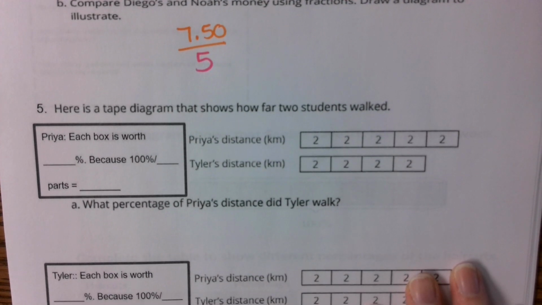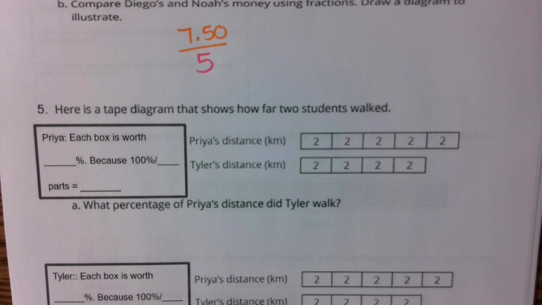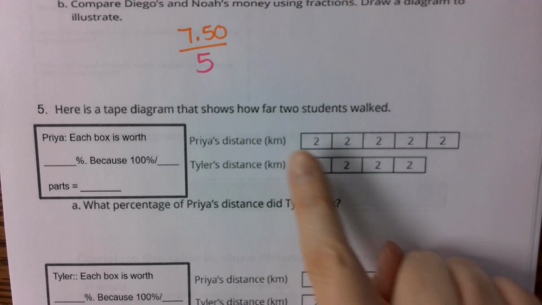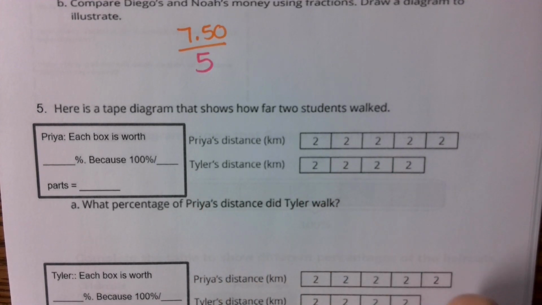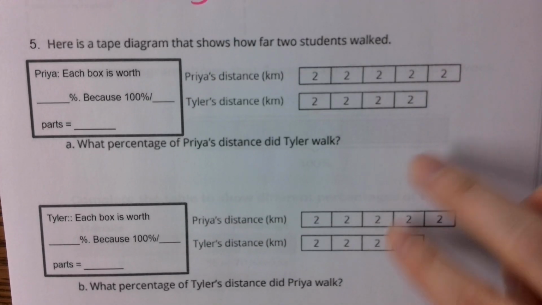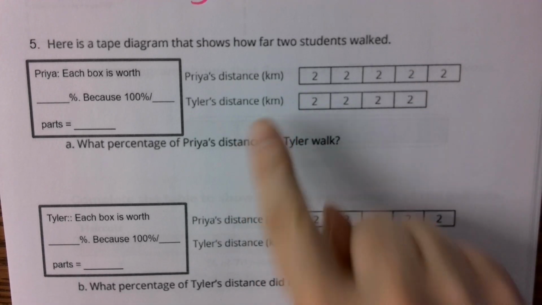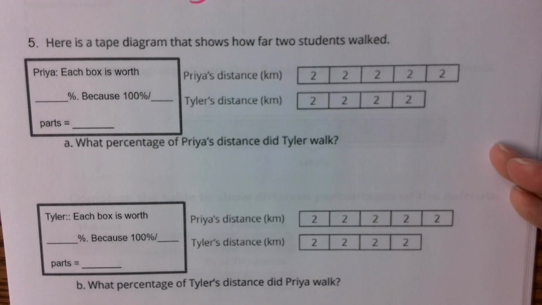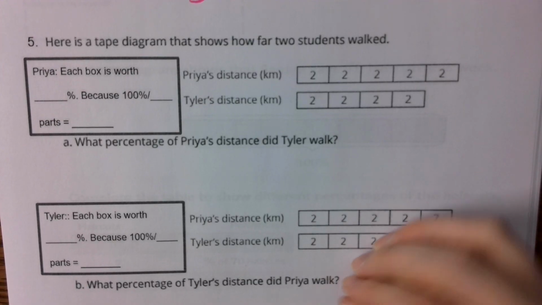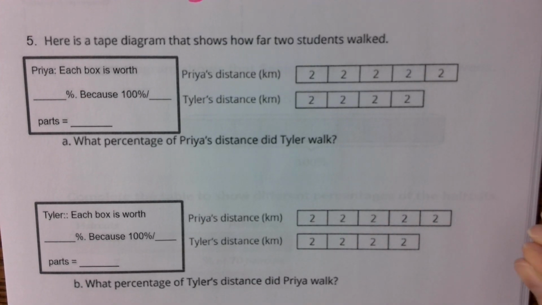All right, let's take a look here. For problem number 5, we've got a tape diagram here. Top diagram's representing Priya's distance that she's walking. Tyler's distance is represented by the second diagram. So there's 2 different ways that you could be looking at the same piece of information, because notice I've got the diagram repeating twice, don't I? But in the first diagram, we're focusing on Priya compared to Tyler. In the second diagram, we're focusing on Tyler compared to Priya. Those are going to give you very different